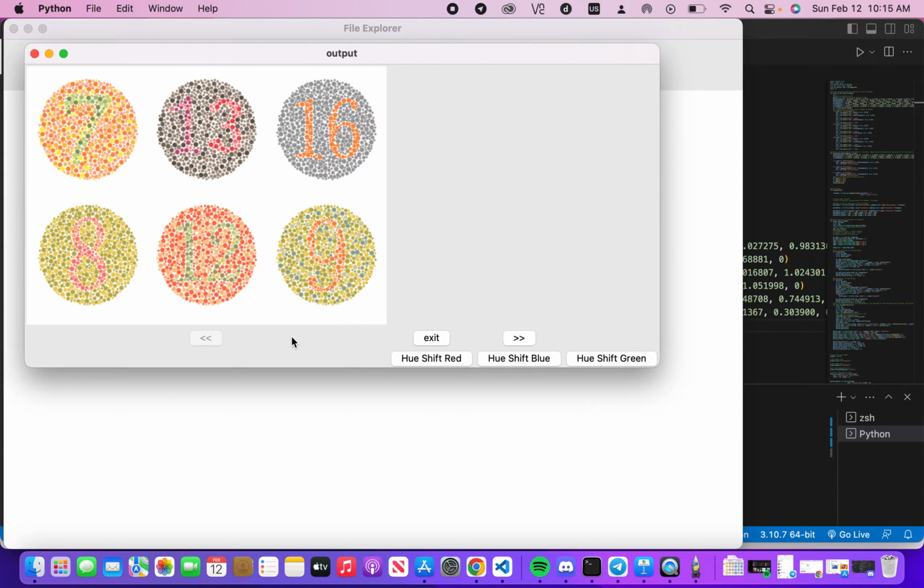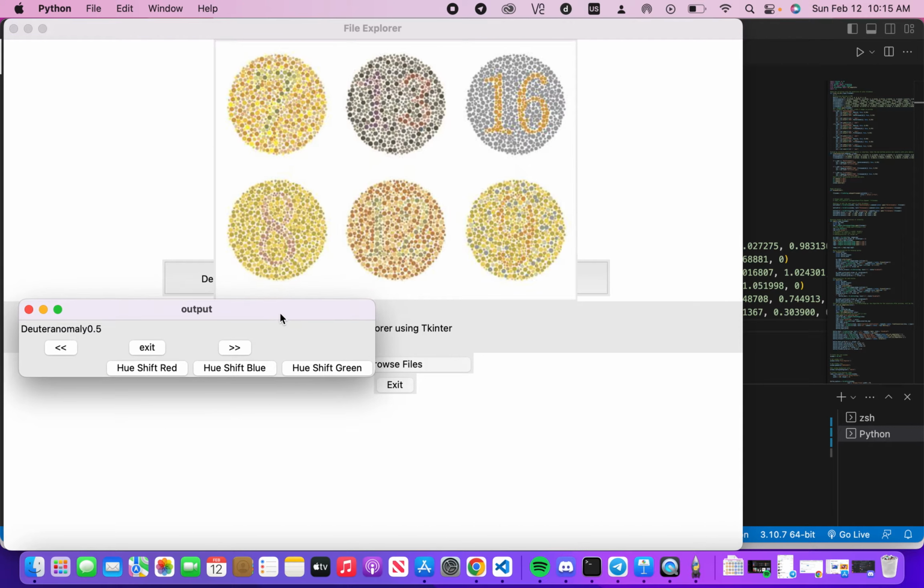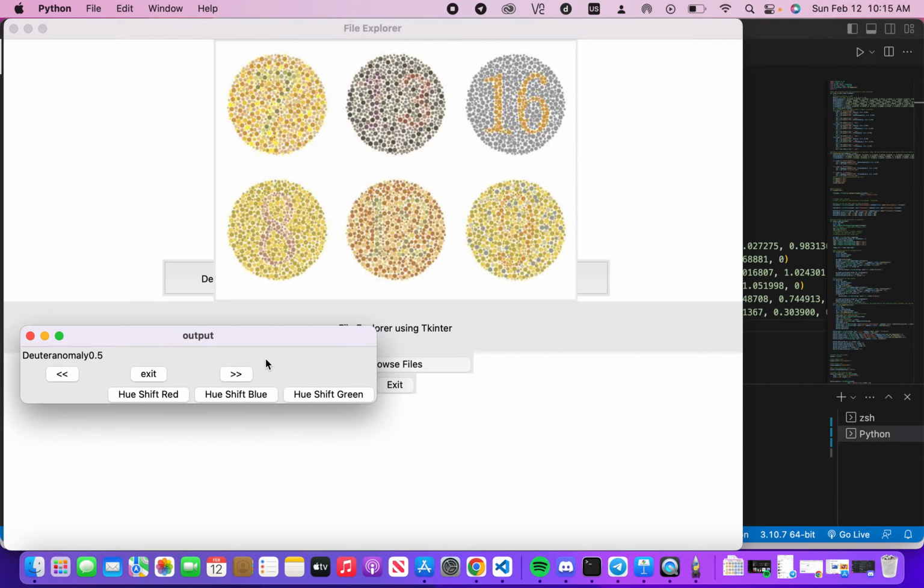So here is where it has basically zero deuteranomaly. This is more or less the normal image. But then when you press the arrow, it simulates deuteranomaly at a factor of 0.5. As you can see, a lot of these numbers have become significantly less discernible than in the original version. Now if you look here, the numbers 12 and 7 and 9 have completely disappeared towards someone who has deuteranomaly